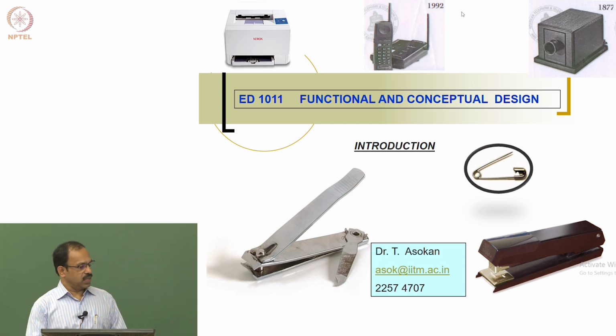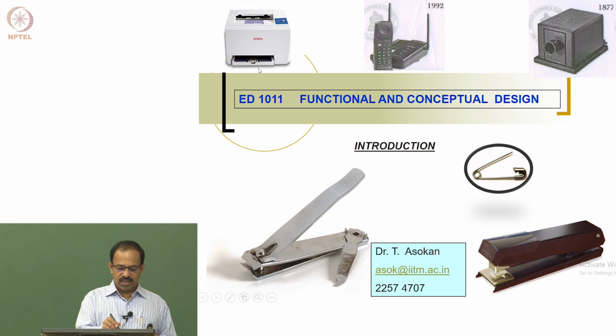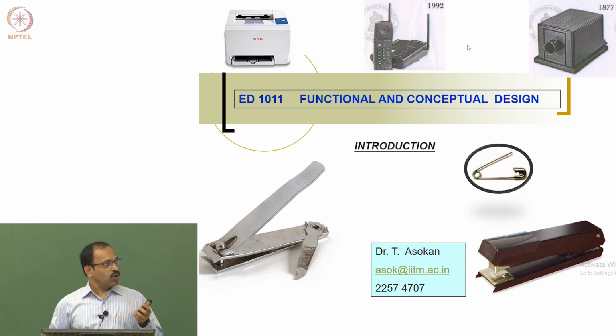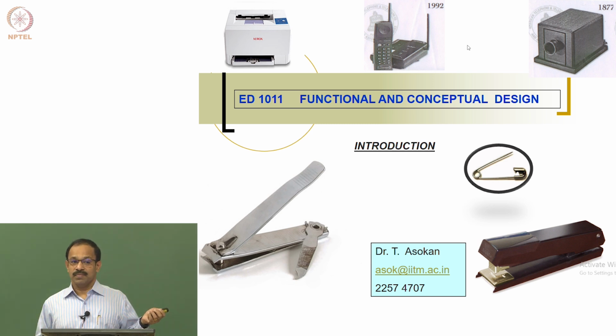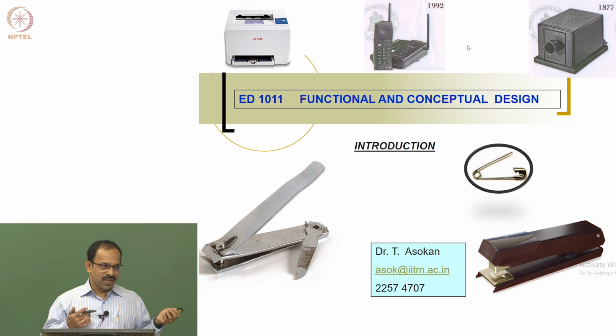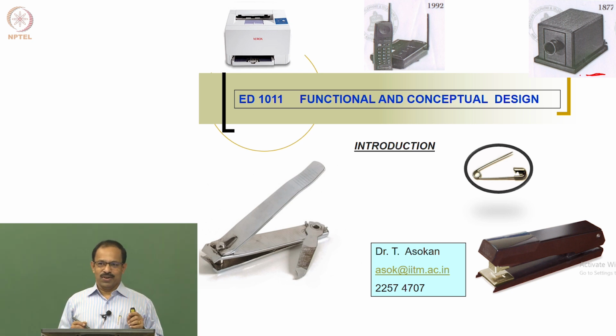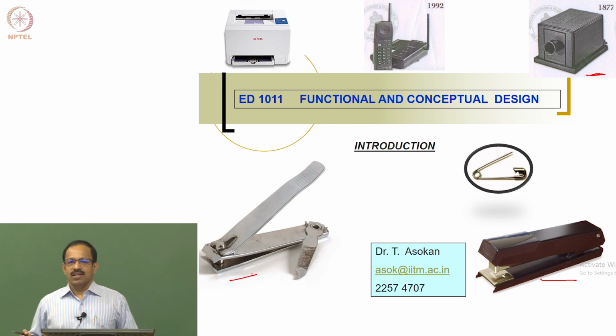But as you can see here, you are seeing many products over here. All of you can identify these products, right? What is this product? Can you identify this product? What is this one? Please, louder. Printer. Next one. You are saying this is a projector, right? We will see it later. What is this one? Stapler.